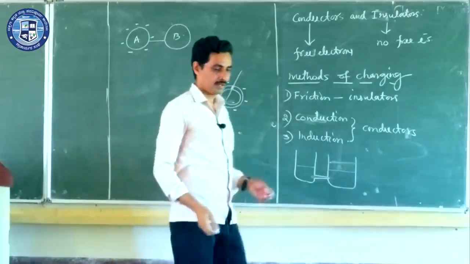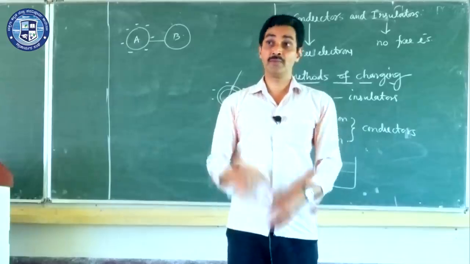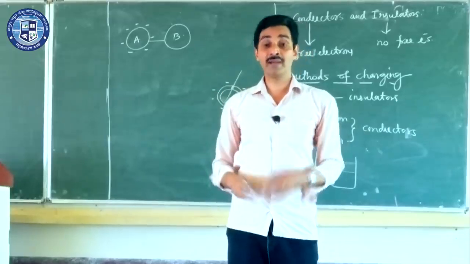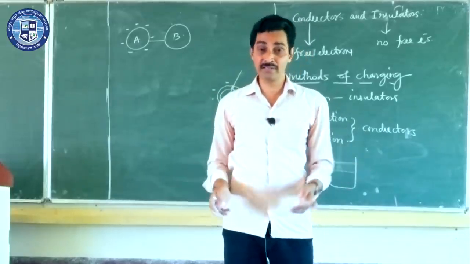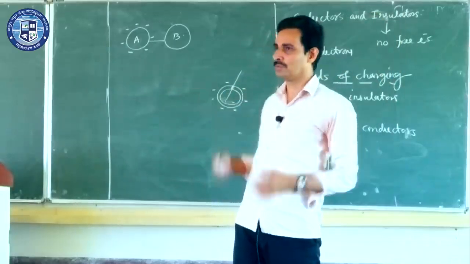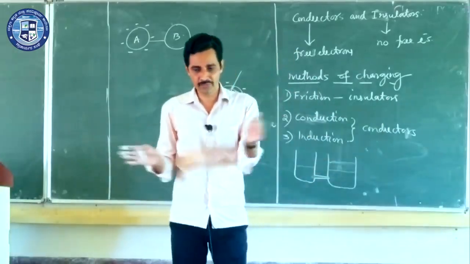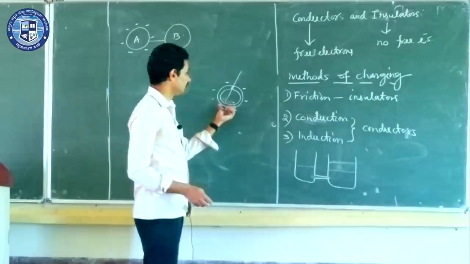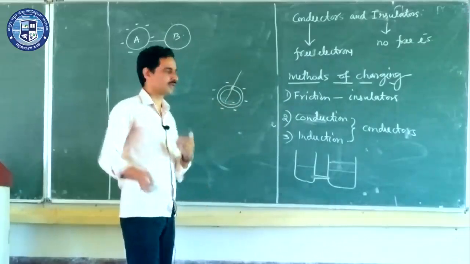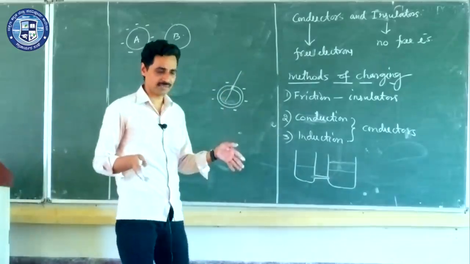You imagine there are 10 enemies. Put them in a room and watch them in a CC camera. Where will they be sitting? If they are enemies, definitely they won't be sitting in the center and playing cards. They will be sitting in the corners of the room. They try to move as far apart as possible. Suppose you put friends, of course they come closer. So here, these are all enemies. Electron repels another electron, so they repel each other and come to the outside part. That is the maximum distance at which they can come.